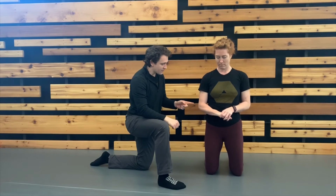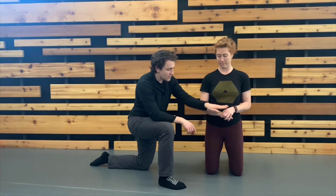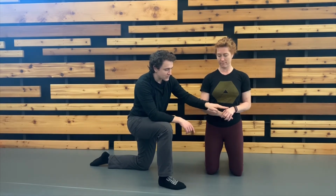feeling. All right, and then think about anchoring your elbow into your body on that stretched arm side so that this is going to be the strong, immovable side of the joint. From here, from this passive stretch position, we ramp up a PAILs contraction by trying to sweep that stretched hand away from your body,